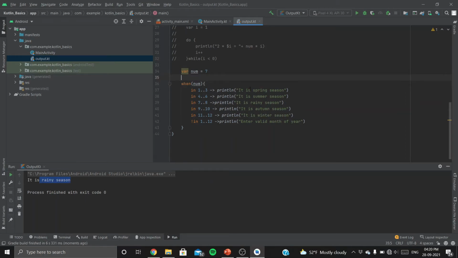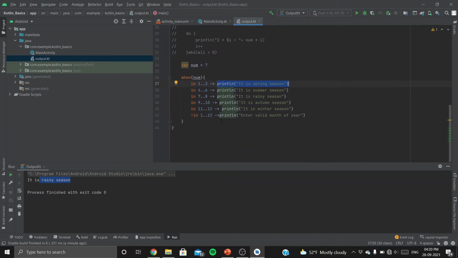It prints it is a rainy season because of this line. So what when does is, it gets a variable and it checks for all the conditions in here, and whenever one gets satisfied, it prints this statement. So this arrow is also a keyword and this in is also a keyword. If in 1 2 3 is true, this gets executed. Likewise,